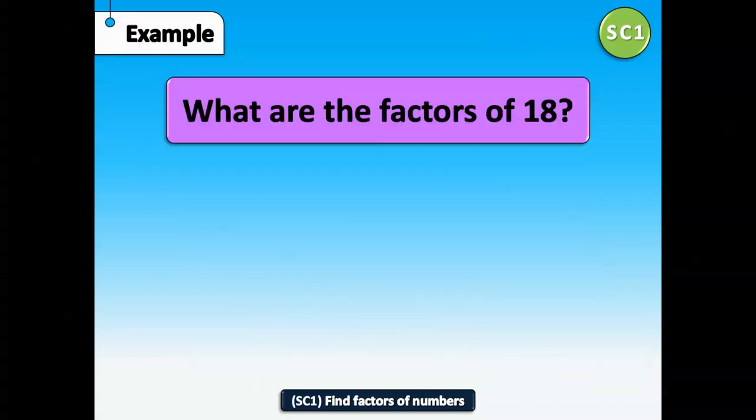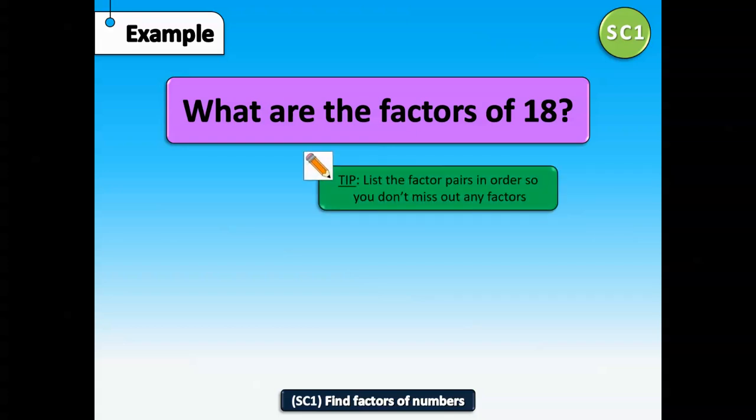So what are the factors of 18? Well, if we start by writing down factor pairs of 18, starting with 1, so we can have 1 and 18, 2 and 9, because 2 times 9 is 18, 3 and 6,